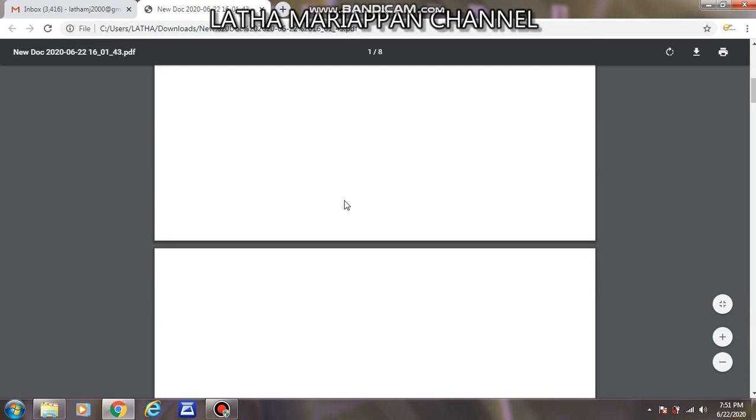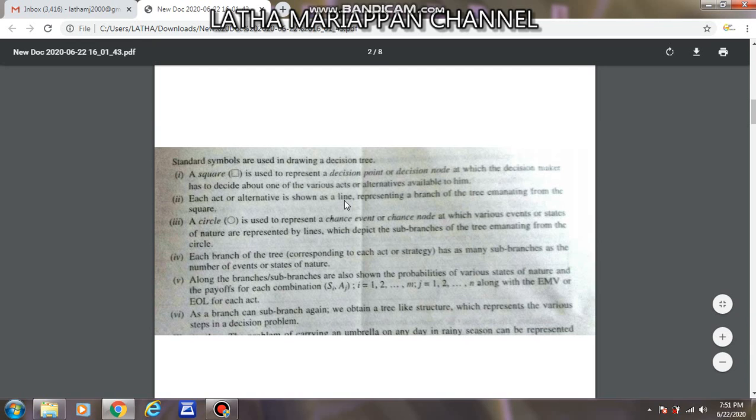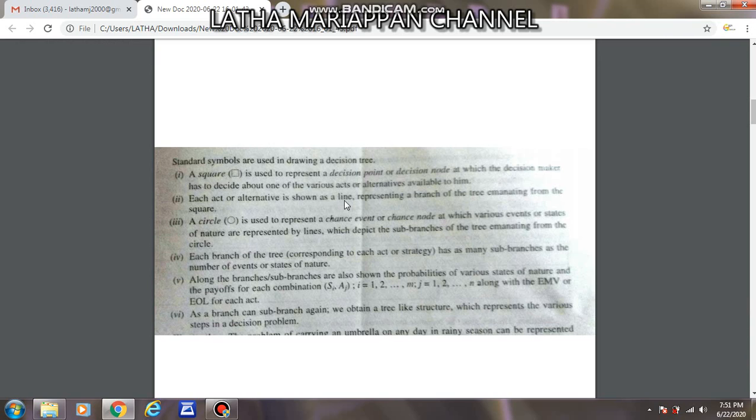We'll see the symbols which we are going to use here. The symbols we are going to use here are a square symbol, another one is a circle symbol, another one is branches and sub branches. Okay, the square symbol is used for decision node, and your circle symbol is used for your event node. Okay, and branch which we are going to use it for